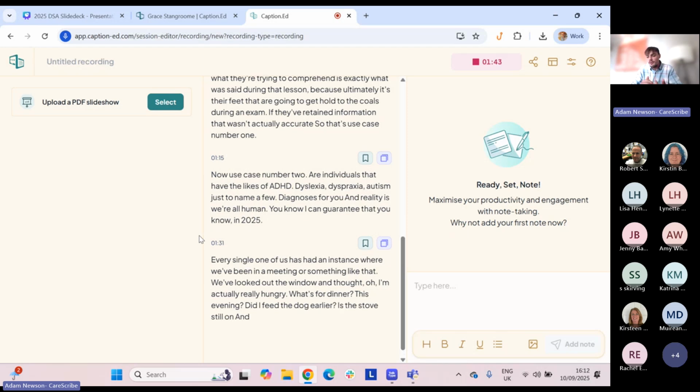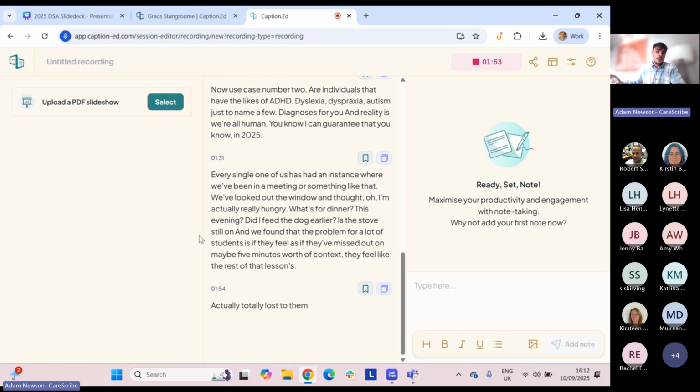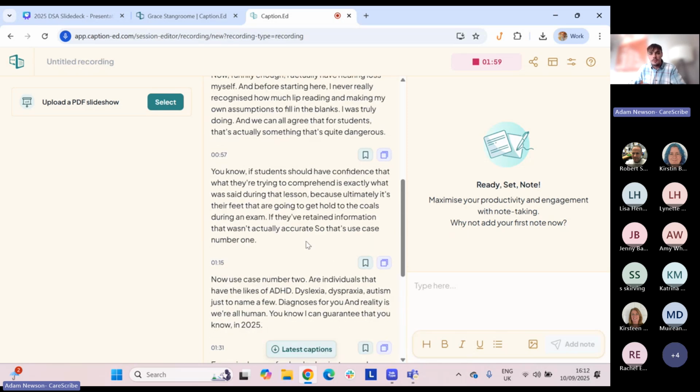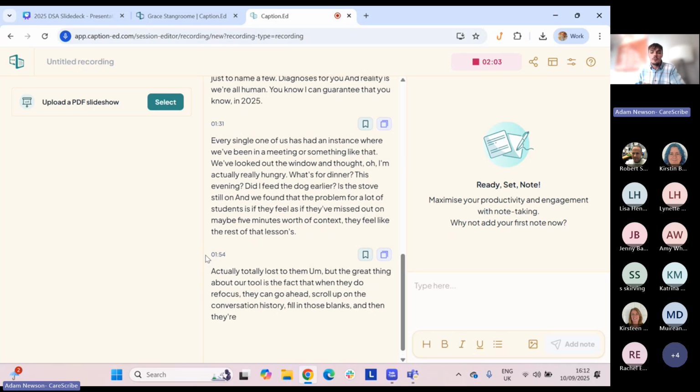And we found that the problem for a lot of students is if they feel as if they've missed out on maybe 5 minutes worth of context, they feel like the rest of that lesson's actually totally lost to them. But the great thing about our tool is that when they do refocus, they can scroll up on the conversation history, fill in those blanks, and then they're straight back in the room with everybody else,